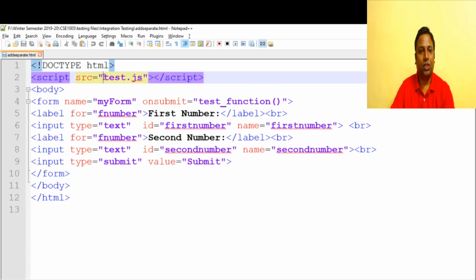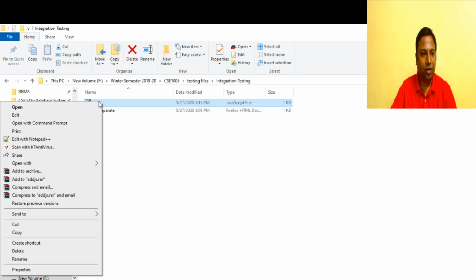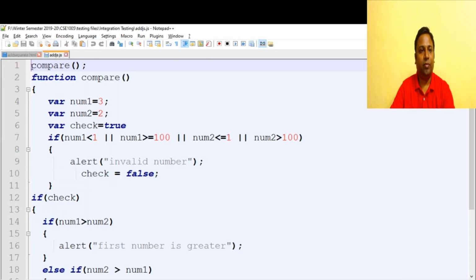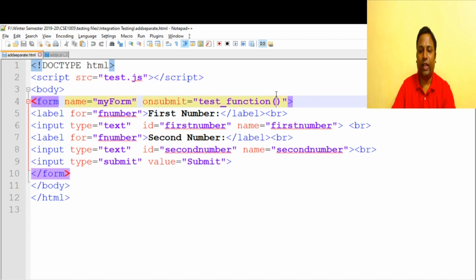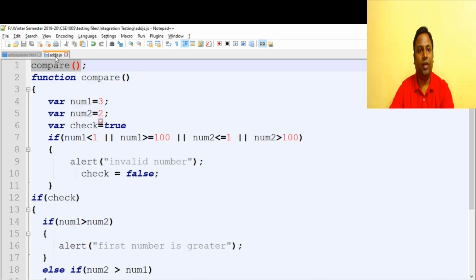So in this file, he has used a test JavaScript file and a test method. And now he has received the JavaScript file from Chris. He can go and view the code of that file. And he knows that the method that he should use is compare. So he can go and change the test method to the actual method. Chris has coded this method, so he's going to say compare. He's going to call the compare method, and the test.js file will now be changed to the real file, that is add.js. So he has finished integrating his code with whatever Chris has supplied, and we don't need this test call here.